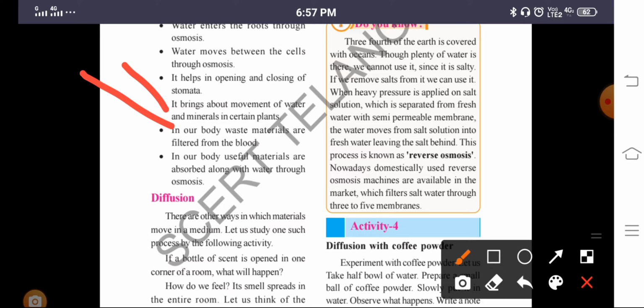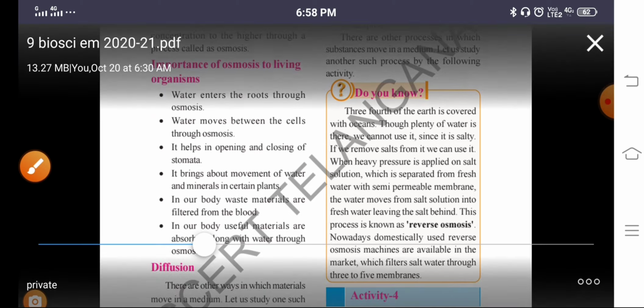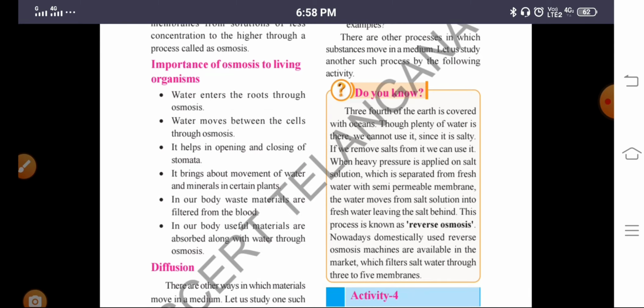Next, in our body useful materials are absorbed along with the water through osmosis. So whatever important materials are there, these are also absorbed by a process called osmosis. You have to keep in your mind the importance of osmosis, and the first point is water